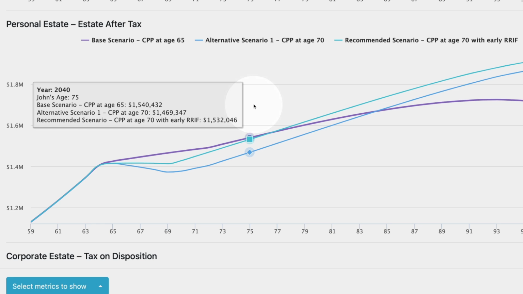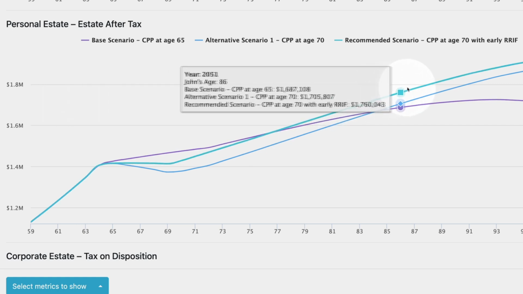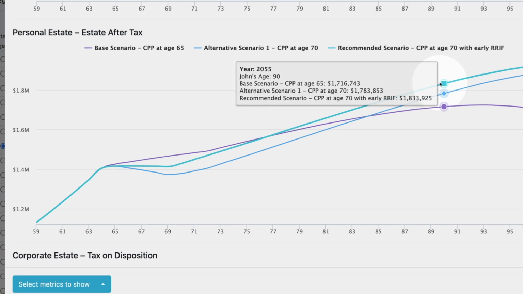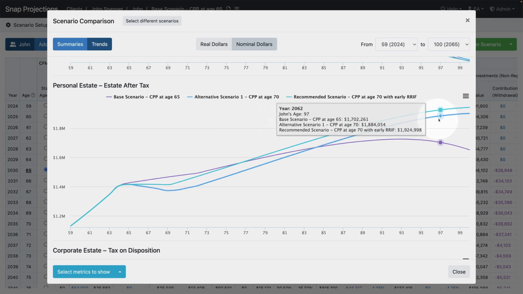You'll see that that's the top outcome in terms of estate after tax. But then once the client reaches age 76 and for all years going forward, our recommended scenario of deferring CPP and starting RIF early becomes the preferred approach. And we can see that there's quite a large deviation between the base outcome and the recommended scenario the longer